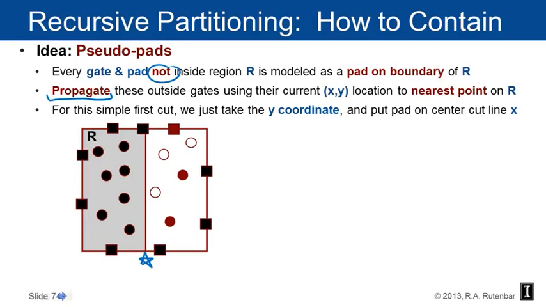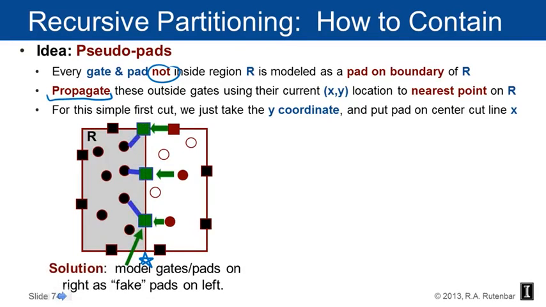So what actually happens here is that anything that the gate was connected to in R that's connected on the right-hand side, so imagine that there are a couple of gates which are the red circles and a pad which is the red square. We take those things and we just slide them leftward and we pretend that they really live on the cut line, on the star. And so we are not ignoring them. We're sort of doing the right thing. We are putting them in the right position on the boundary of region R so that when we replace all of these gates,